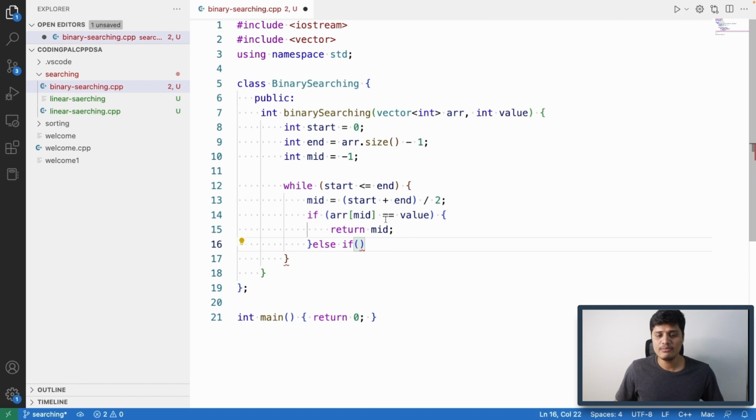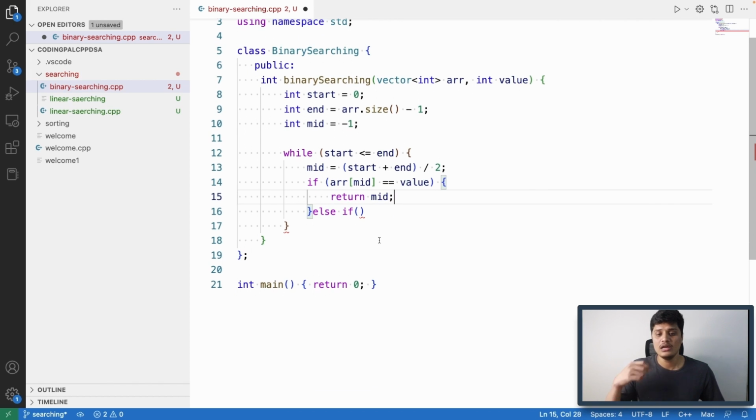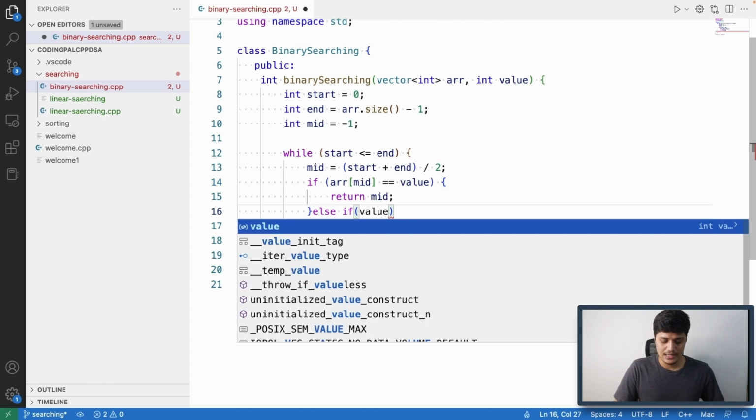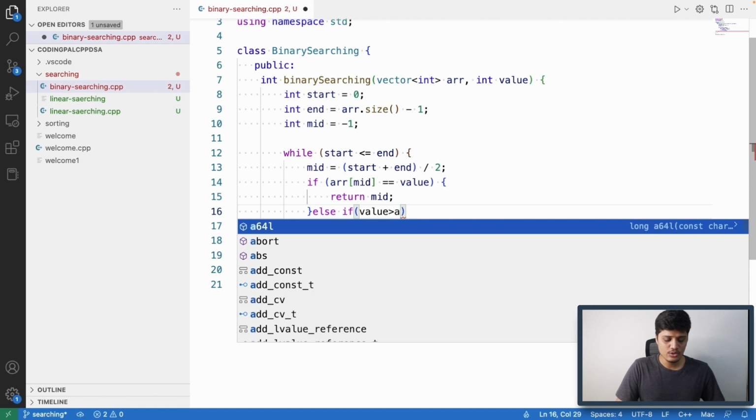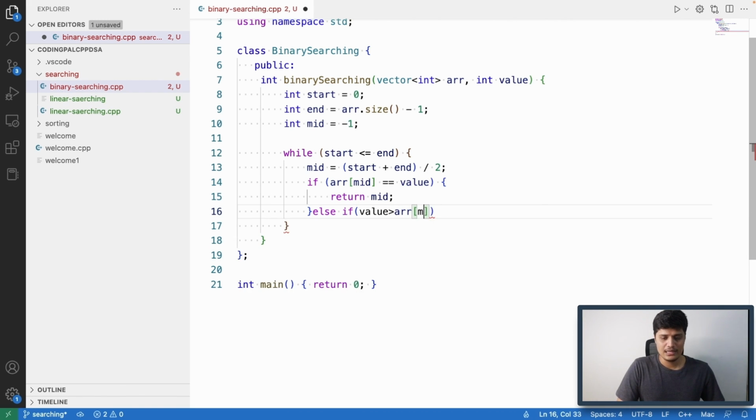If the value at the middle index matches the value that the user has passed, that is absolutely fine. We will return the middle index. If not, the value the user has passed could be smaller than the middle indexed value or greater than the value at the middle index. Now, if the value that the user has passed is greater than the value at the middle index, that means